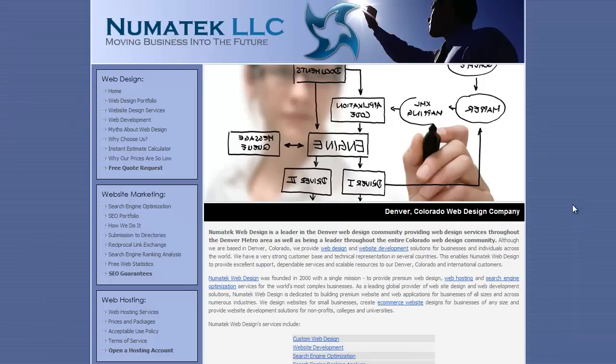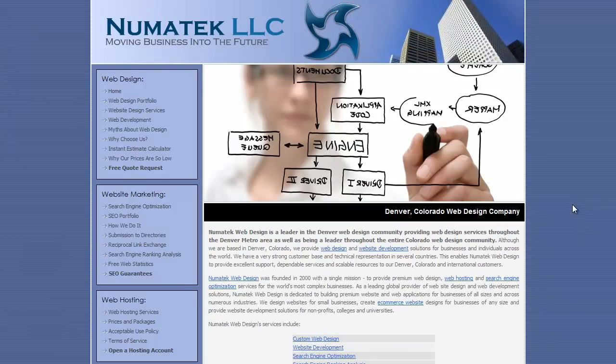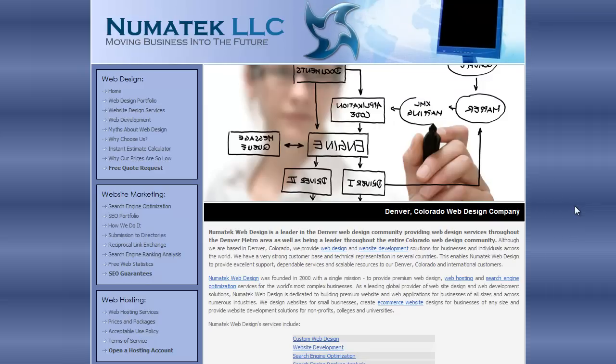So right away, I think template based, not going to be able to offer something that I need to really help me grow my business. Now if you look closely, you can see one call to action on here, but it's very small and it's hard to notice, but it's right here. Free quote request. Probably not going to see that in the first 2.5 seconds. So you have about 2.5 seconds to capture your visitor before they hit that back button, and that right there isn't going to do it. So keep that in mind.